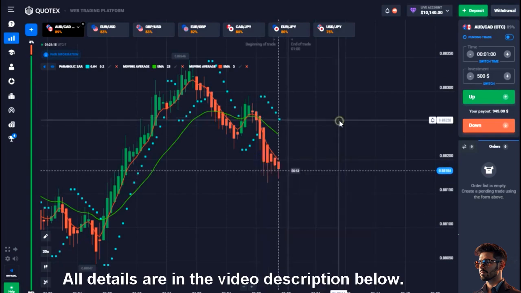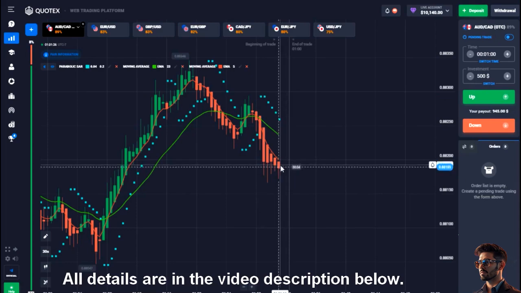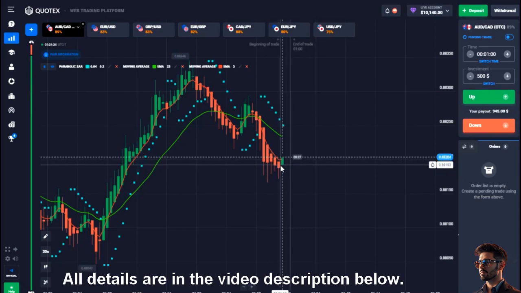And not only that, make sure that the candlestick you're placing your trade on is very, very strong, giving you a good prediction of the trend. All right, it's very important. It's a very simple strategy, a very powerful one. And when I tried it with both Pocketoption and Quotex, I see that it works very